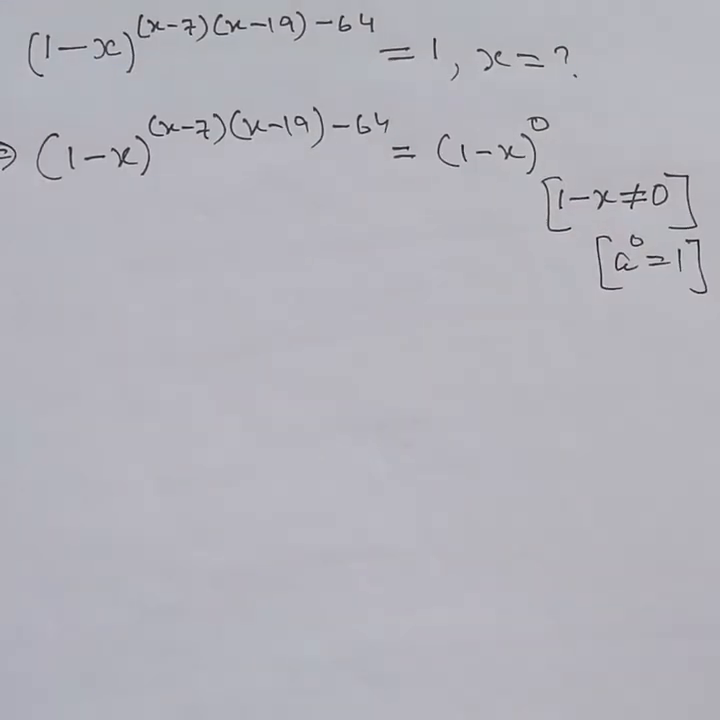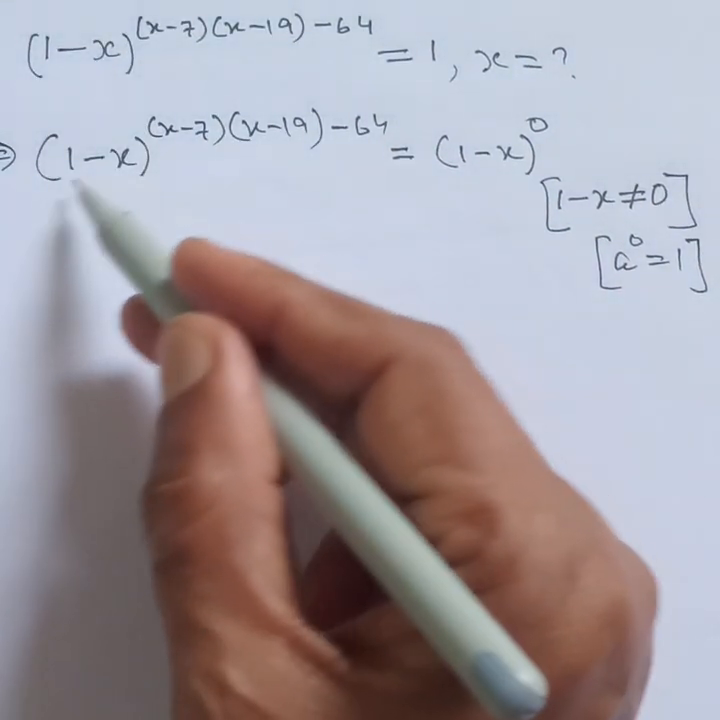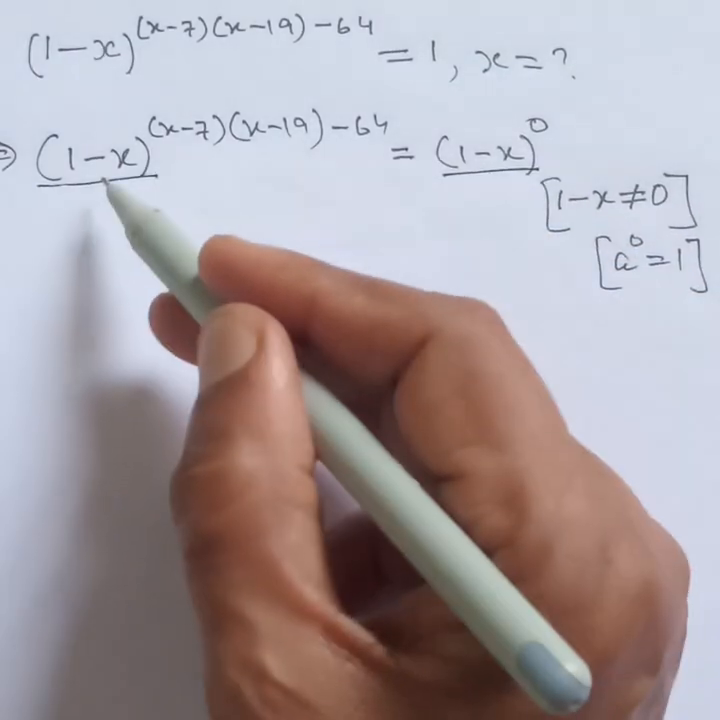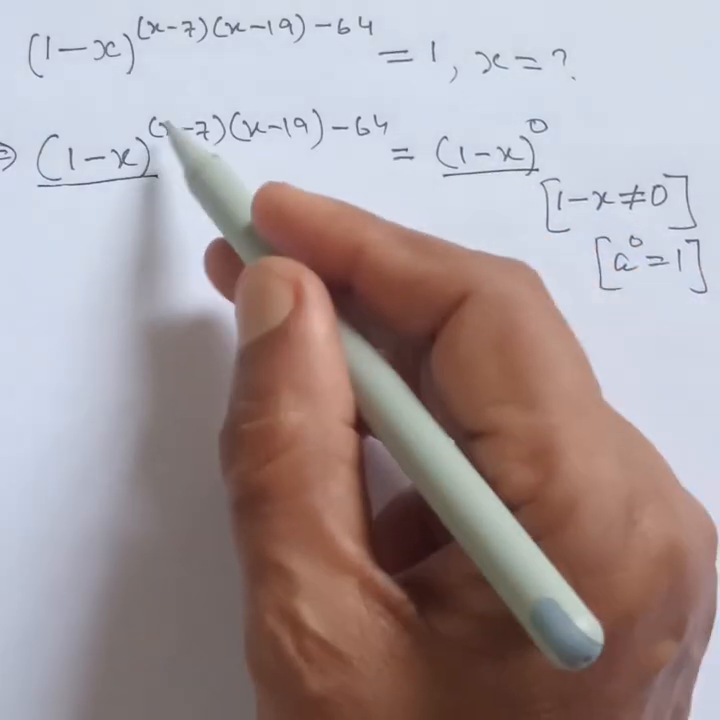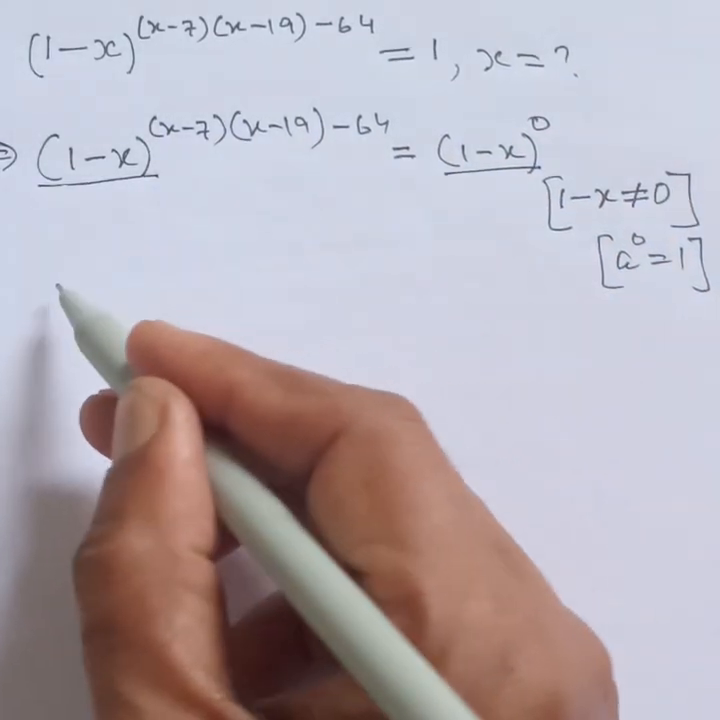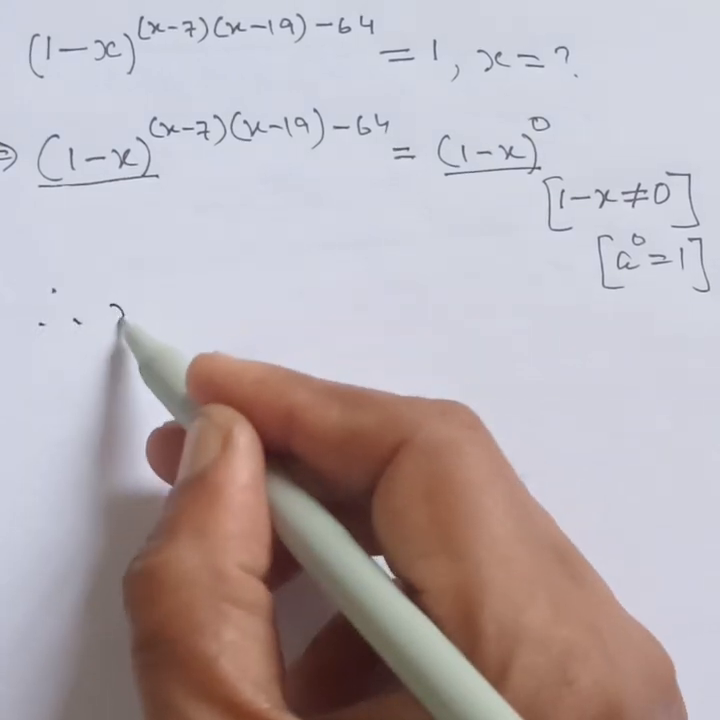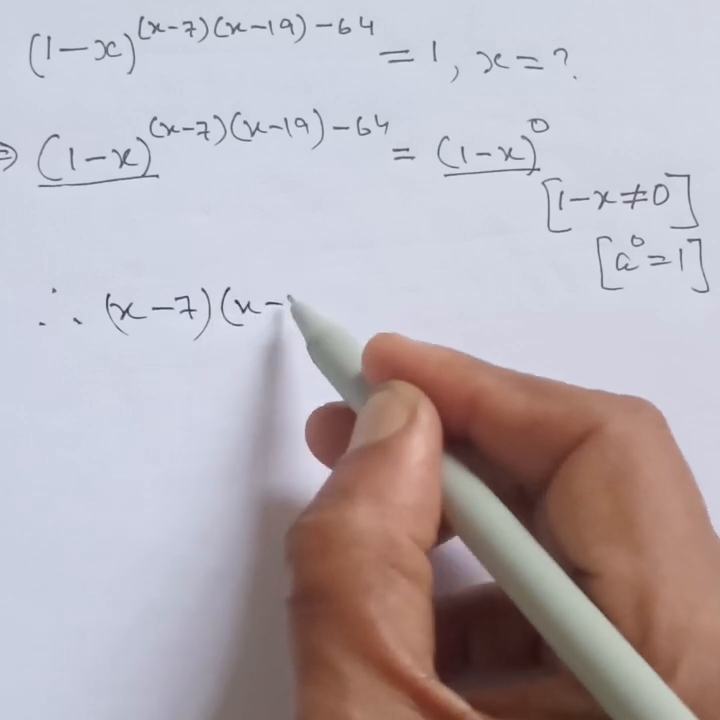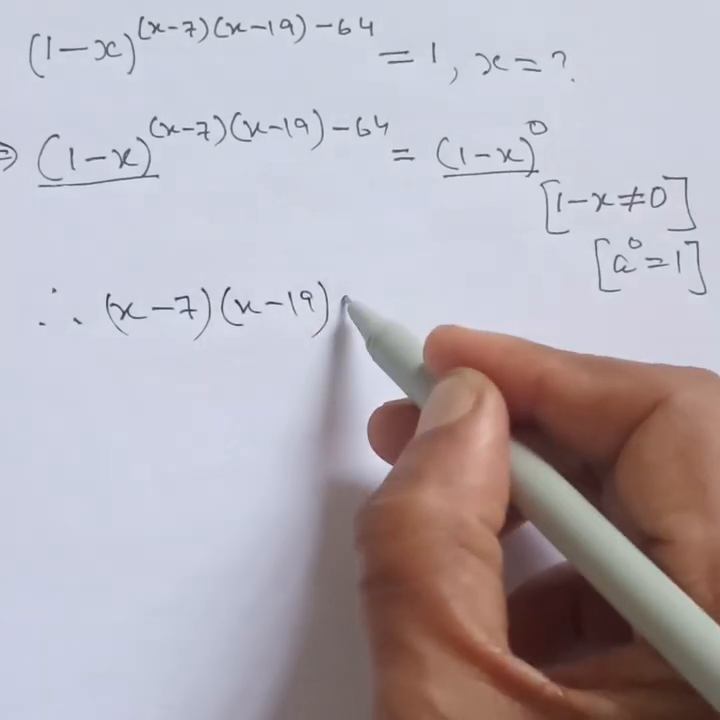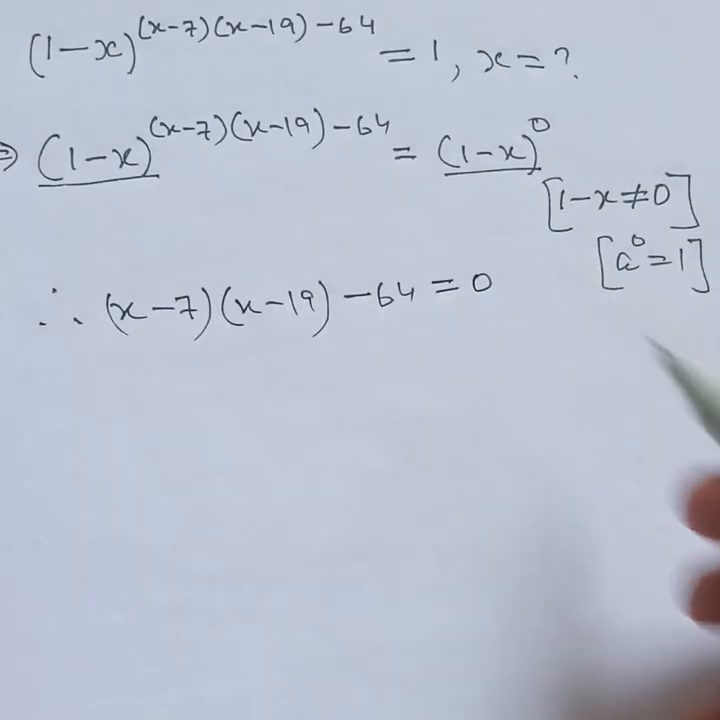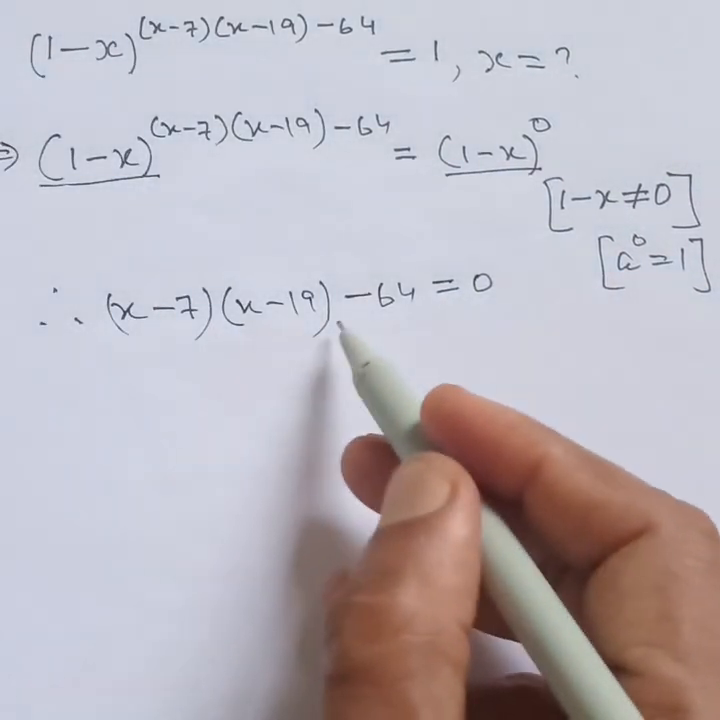Now we see both sides base is 1 minus x. Both sides base is equal. Therefore, this power and this power are the same. Therefore, (x minus 7)(x minus 19) minus 64 is equal to 0. Now, simplifying this, we get